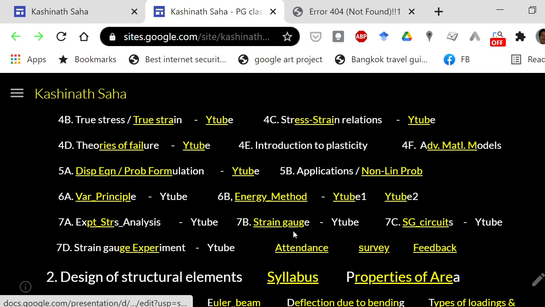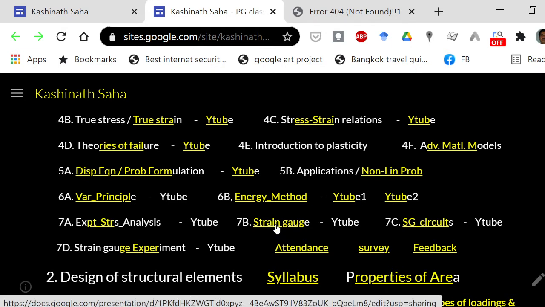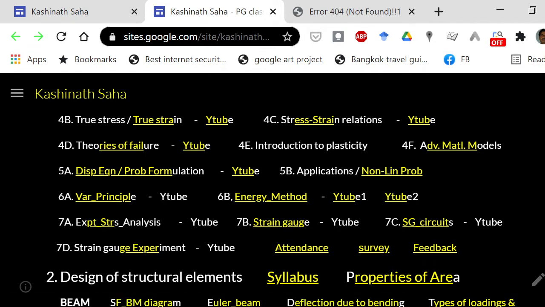Then the description of strain gauge we will cover in this particular slide, followed by the measurement circuit. So, strain gauge is the sensor part which senses strain induced in a particular stressed body, and from the measured strain we find out what the stress is. So, this is the method of experimental stress analysis through strain measurement, which is carried out by using strain gauge.